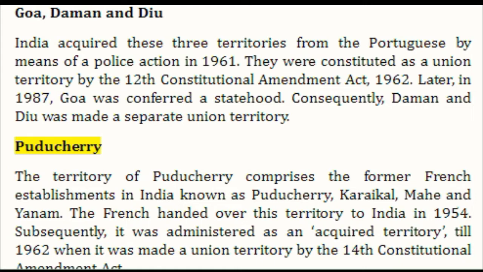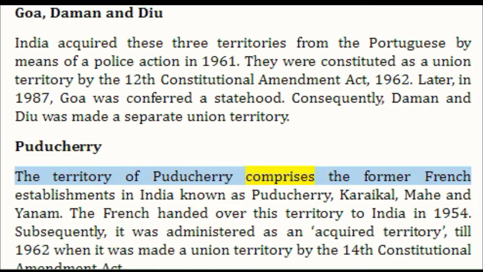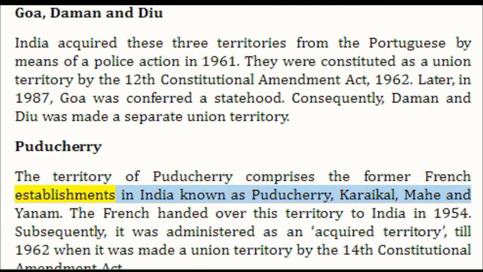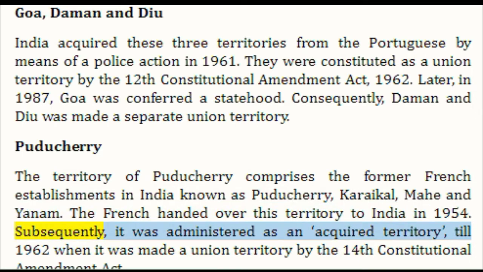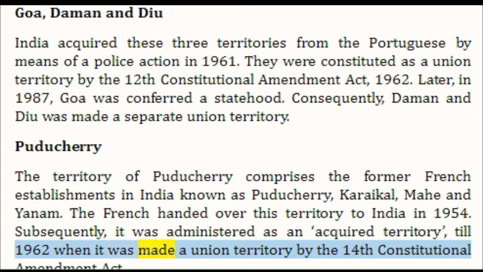Puducherry. The territory of Puducherry comprises the former French establishments in India known as Puducherry, Karaikal, Mahe and Yanam. The French handed over this territory to India in 1954. Subsequently, it was administered as an acquired territory till 1962 when it was made a union territory by the 14th